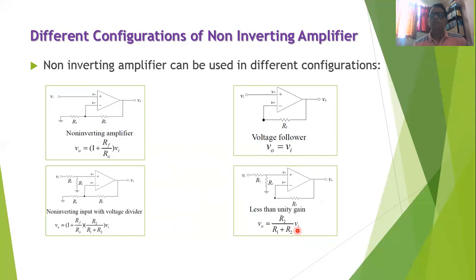So thank you friends for viewing the session. Hopefully you have understood what we mean by the non-inverting amplifier and how to construct the non-inverting amplifier using an op-amp. You can easily observe that by adding only two external resistances R1 and R2, we can construct the non-inverting amplifier of any desired gain.